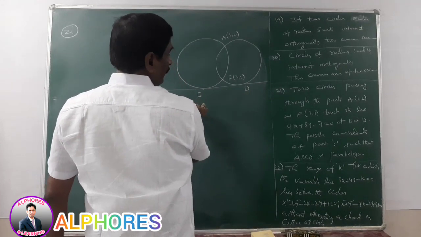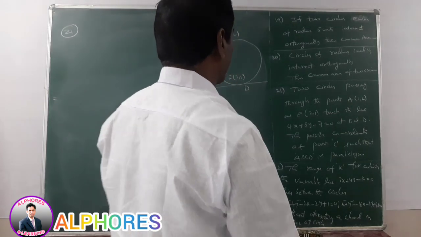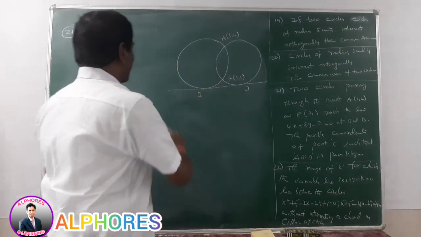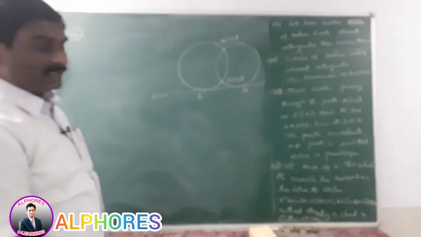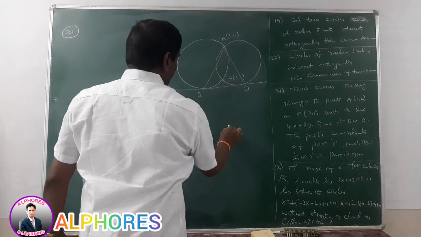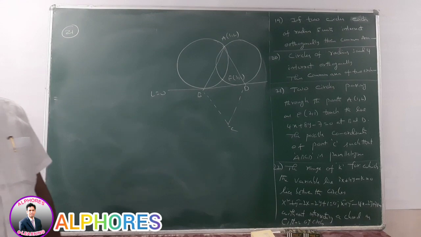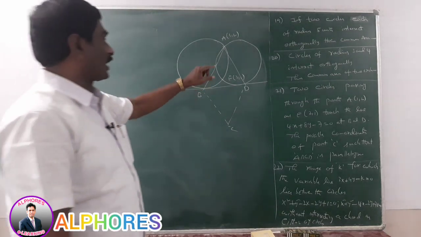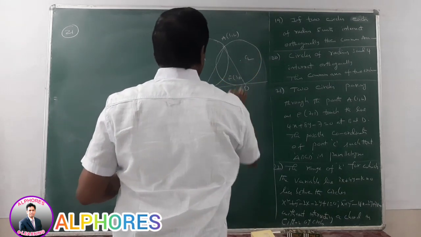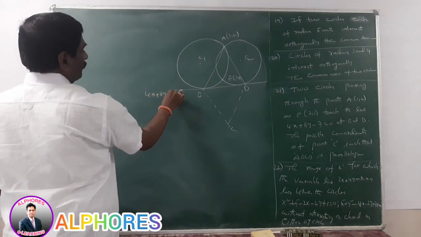What is the value of B? The possible coordinates of C such that ABCD is a parallelogram. These two circles touch the line L equal to 0 at B and D. ABCD is formed by joining AB, AD, and C is in this way. Parallelogram means in this way. What are the possible coordinates of C? Please observe this diagram. Here A is 1 comma 2, E is 2 comma 1 and the equation of the line L equal to 0 is 4x plus 8y minus 7 is equal to 0.